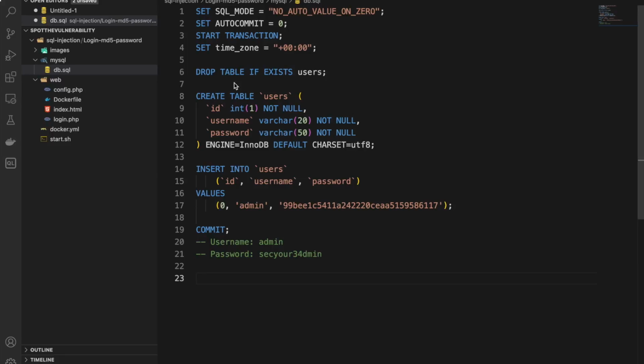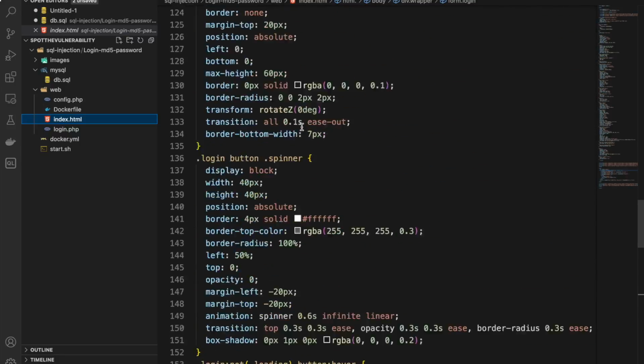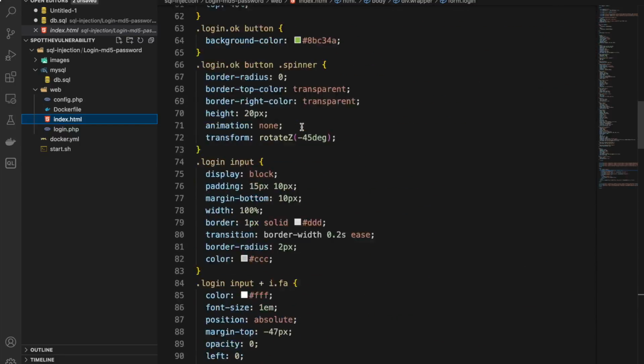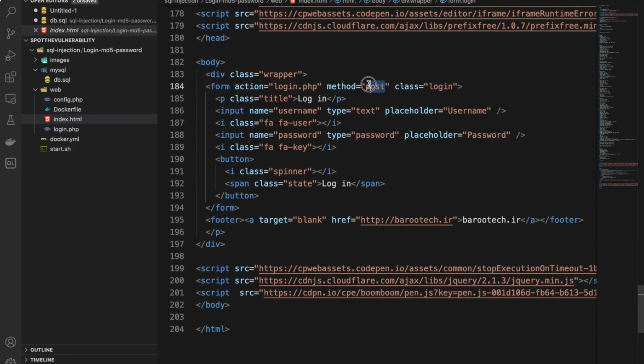To understand the vulnerability, we need to first review the code and see what's going on in the application. This is the DB file, and we only have one table. It's called users, and it has just one record in it, the user admin, and its MD5 hashed password. You can see the password in the comments. Next, we have the index.html file. We don't have anything interesting here. It's just a form that posts the data into the